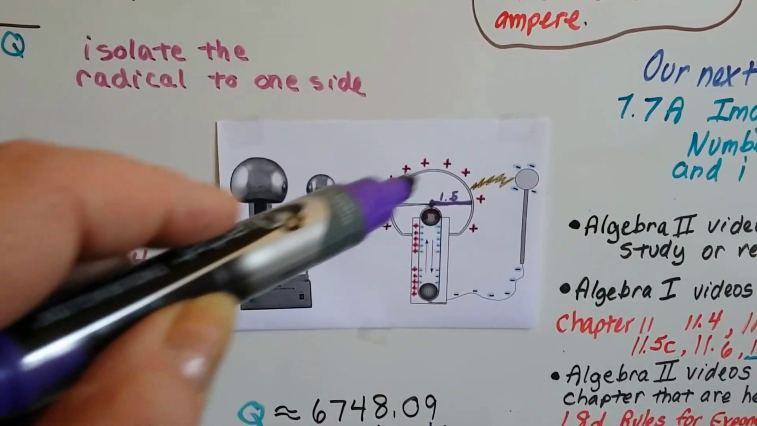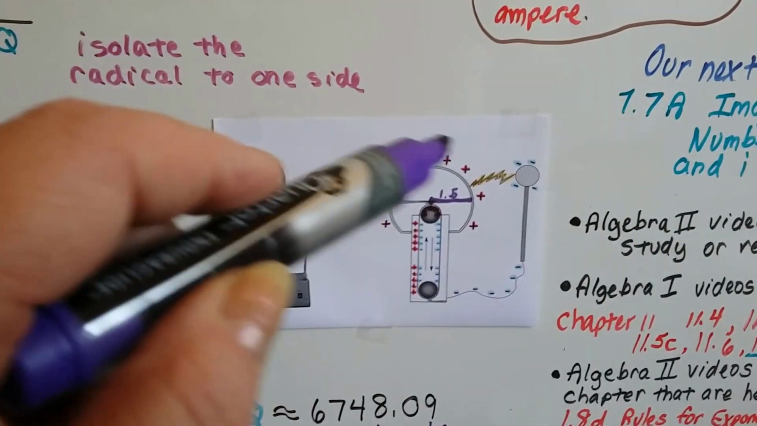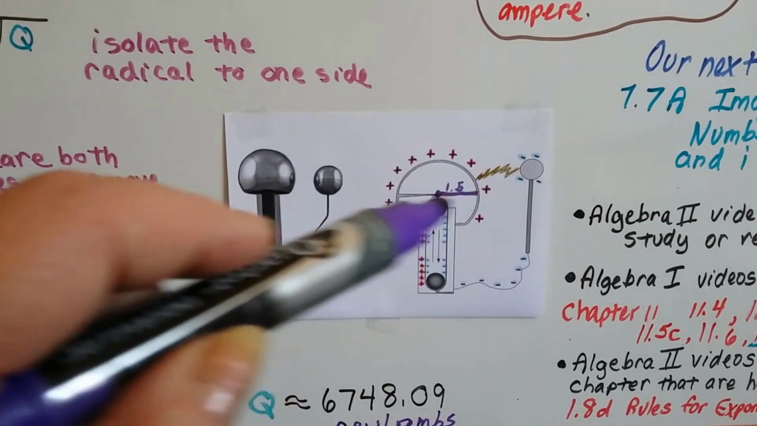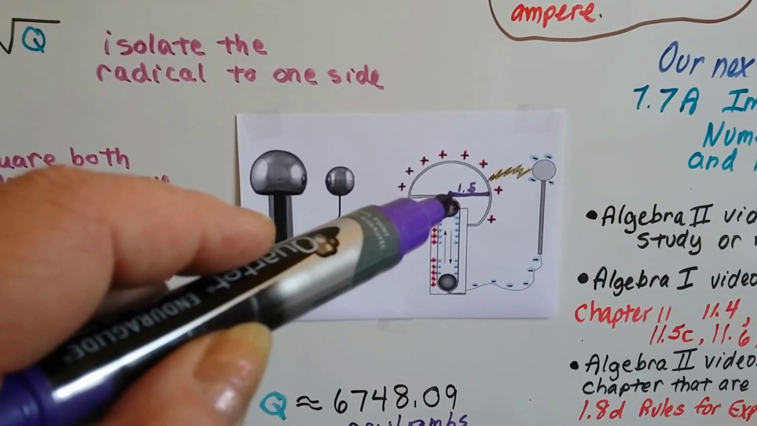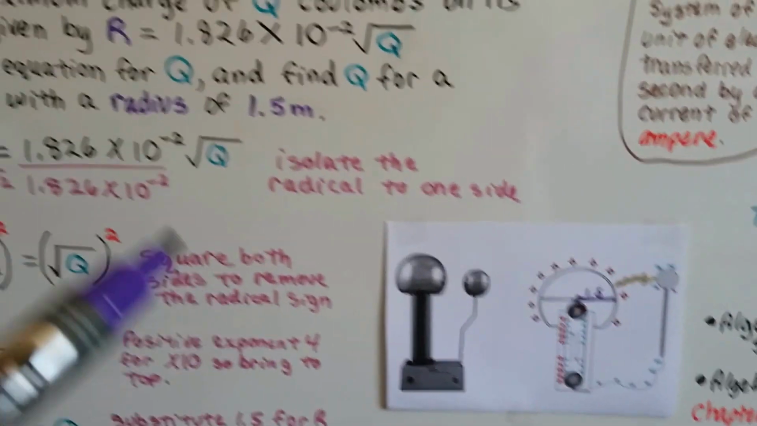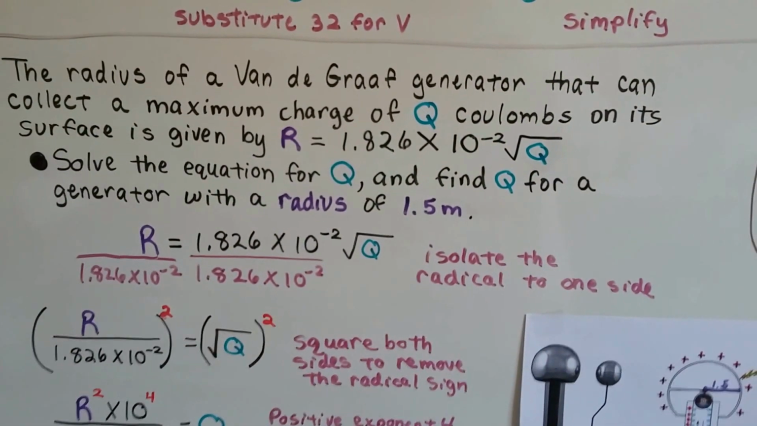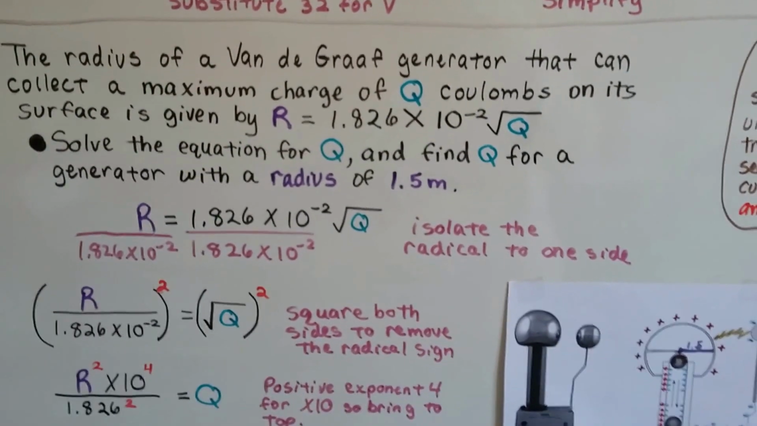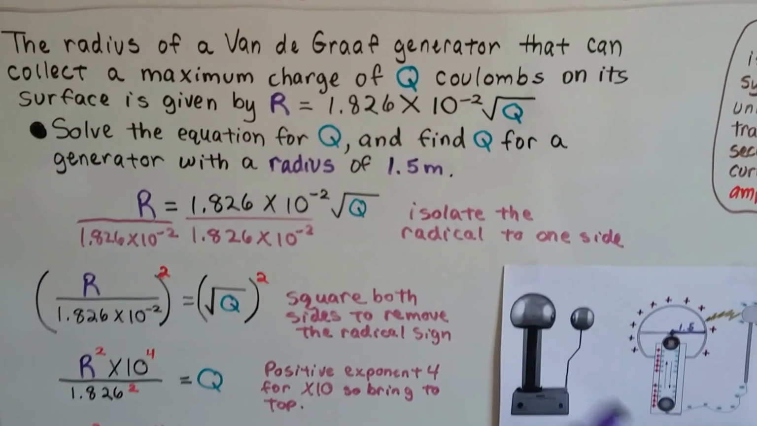Well, we know if this is a circle, kind of looks like a circle, doesn't it? We know going all the way across the middle here is the diameter, and half the diameter is the radius. Well, for this problem, it says the radius of a Graaff generator that can collect a maximum charge of Q coulombs on its surface